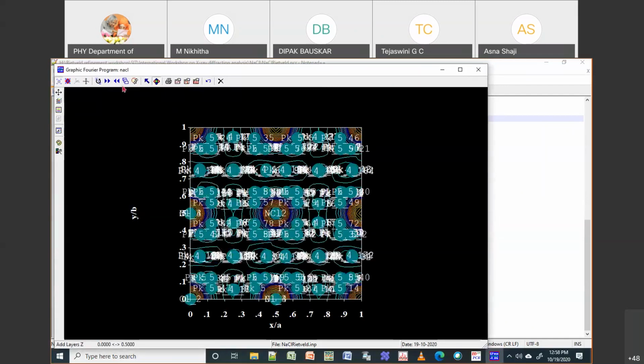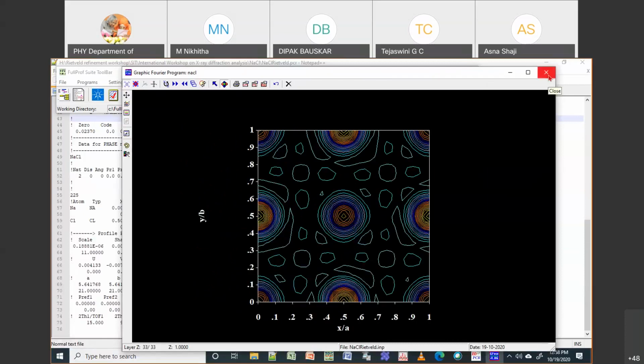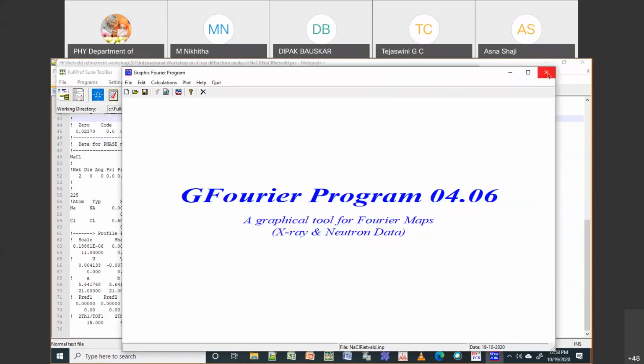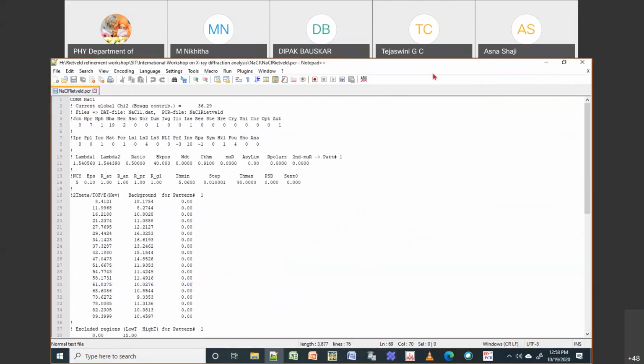All these things you can do, but I'm just giving a very brief introduction. I am not going into detail in this, so you can try more than this later on. Once you get more hold of the refinement, you can go to each of these programs and learn in detail. For now, let us not go into much detail.